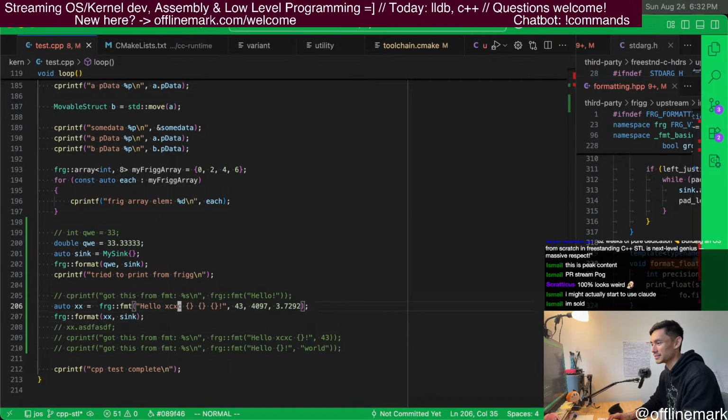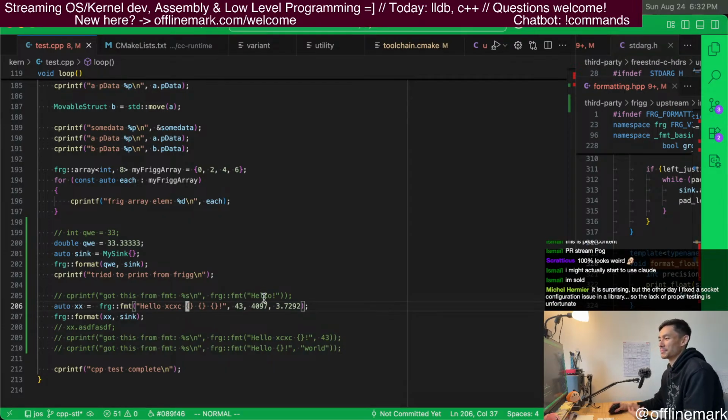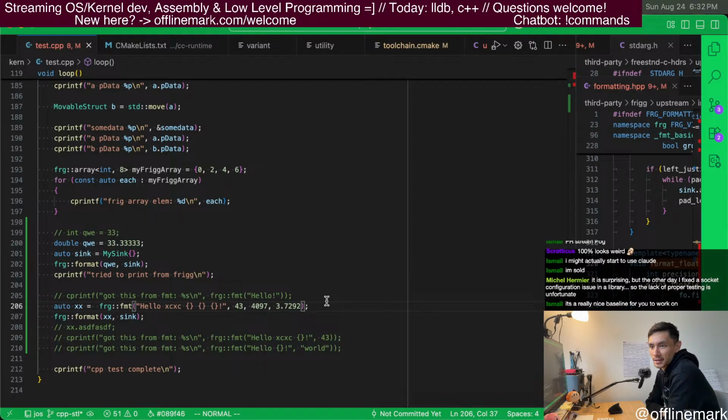And check it out, now that we're using C++ and in C++ world, we no longer need to do the print format thing of specifying the type in every single one of these. We just put the braces there and the compiler knows what type it is. So yeah,